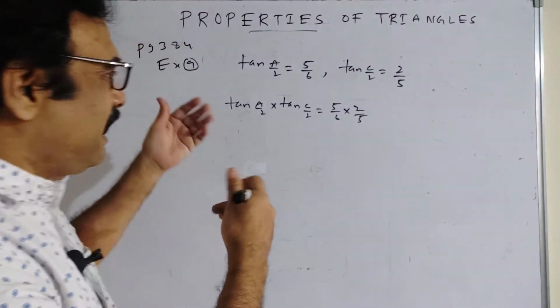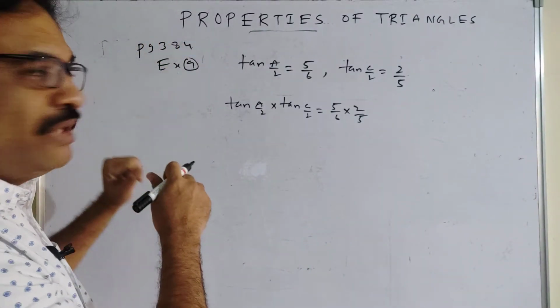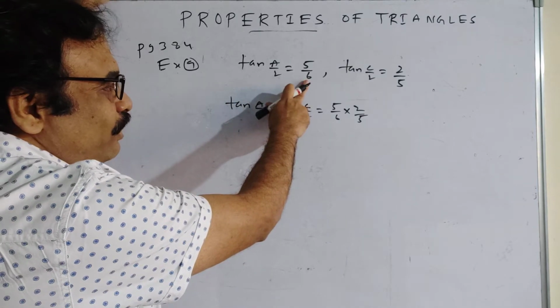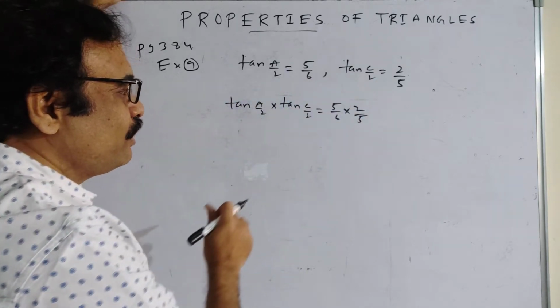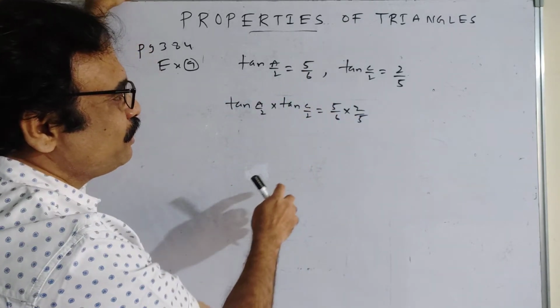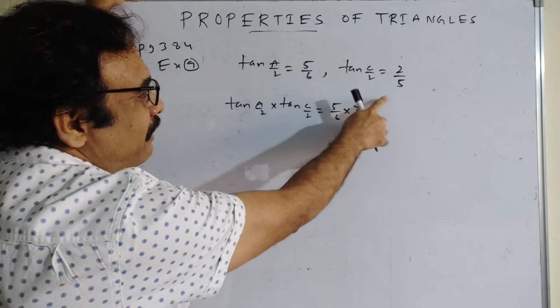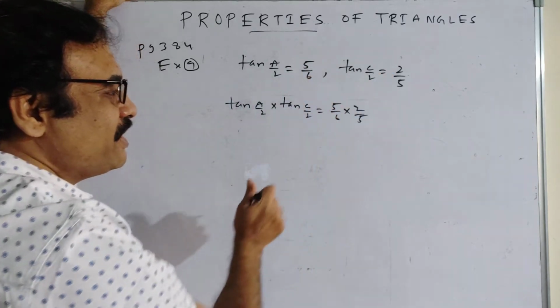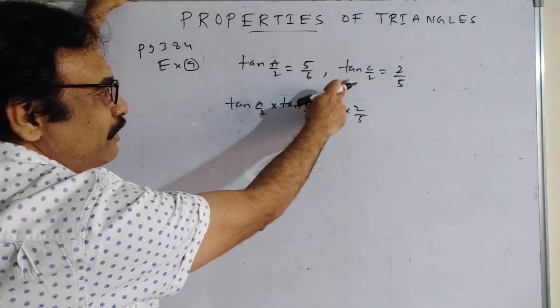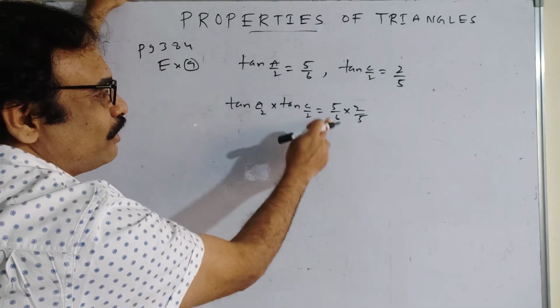Right. The next application is page number 384, example number 9. Tan A by 2 is equal to 5 by 6, tan C by 2 is equal to 2 by 5. As we know, if I multiply 5 by 6 into 2 by 5, the 5 gets cancelled, and 2 one's are 2, 2 threes are 6, gets cancelled. Therefore, I start multiplying: tan A by 2 into tan C by 2 is equal to 5 by 6